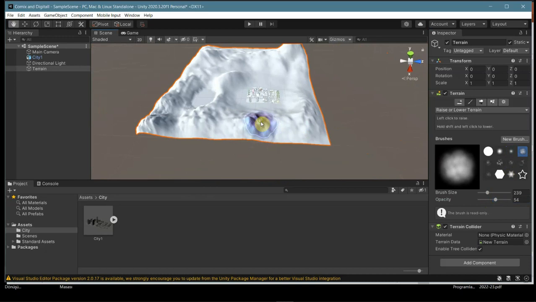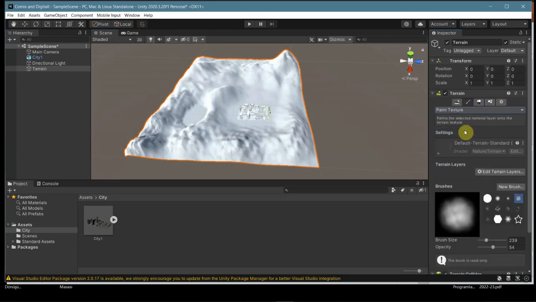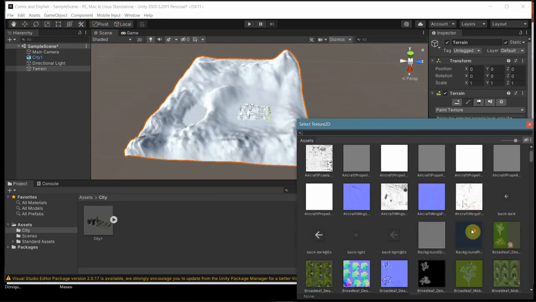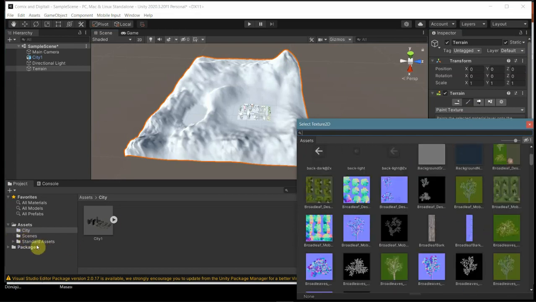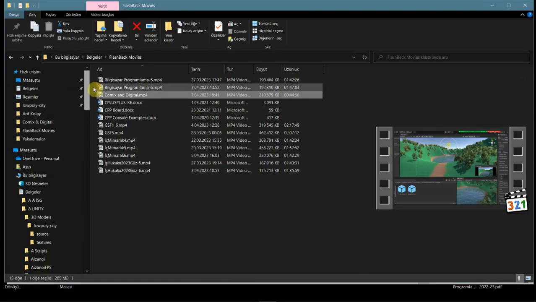Now I can paint the ground. For this purpose, again, I come here. Let me decrease it a bit. Okay. And here I choose paint texture. And let's come to edit terrain layers. Create layer. Here we see suitable graphical files, and most of them come from standard assets. But at this point, I want to carry